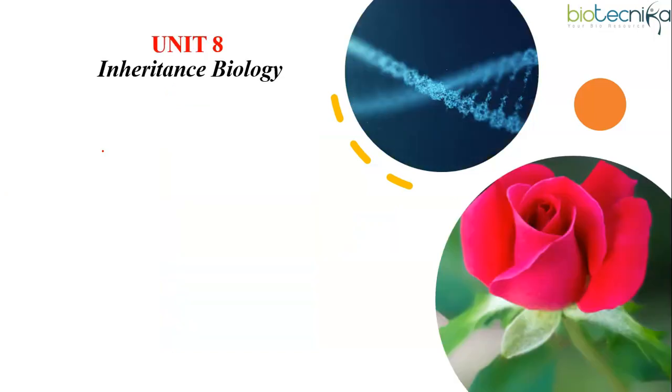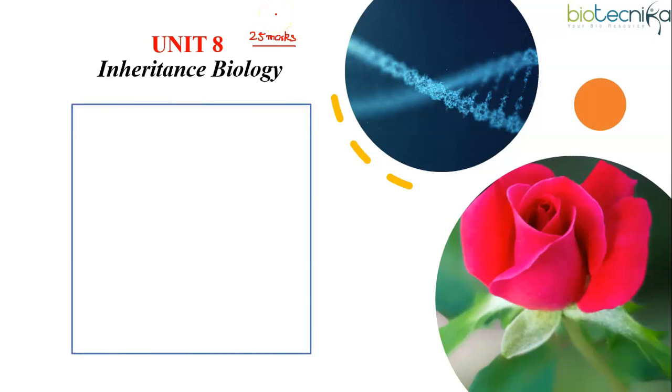Then Unit 8. Unit 8 of CSIR NET Life Sciences is all about genetics. This unit carries a significant weightage of 25 marks, and it's a big risk to skip this unit. It's a very scoring and interesting unit. So we all have more or less some idea about basic genetics from our +2 level. Being quite a conceptual and useful unit, you will find several connections and extensions from other units as well.